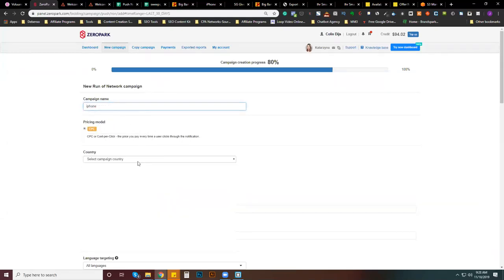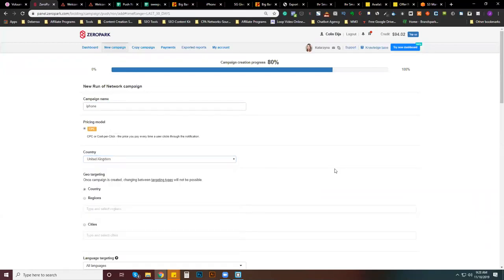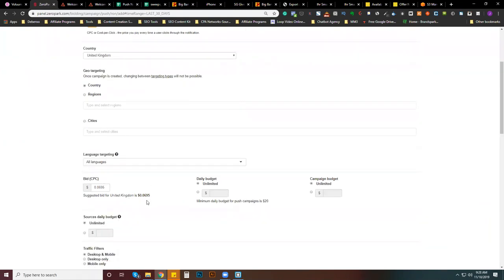However you guys want to title it, United Kingdom. So this is where all of the, you can do cities if you want. At some point, you have to do it here if you are going to do it, because you can't change it later. In our CPC, it's telling us it's 6 cents. I like to go a little below,